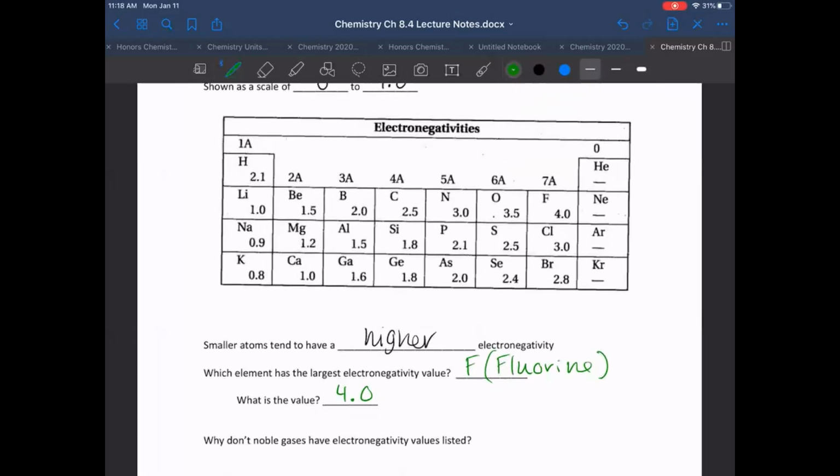And the next question is asking, why don't noble gases have a value? Exactly. They don't attract electrons. Why? Well, because they aren't going to bond because their valence shell's already full. They already complete that octet. So they do not form covalent bonds. Therefore,